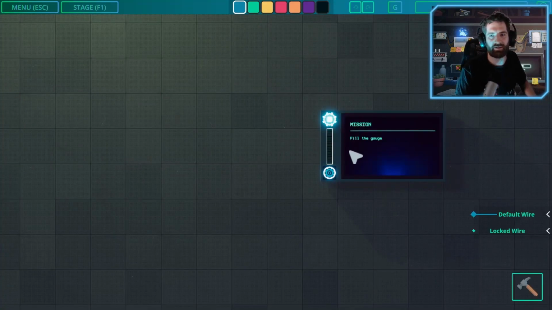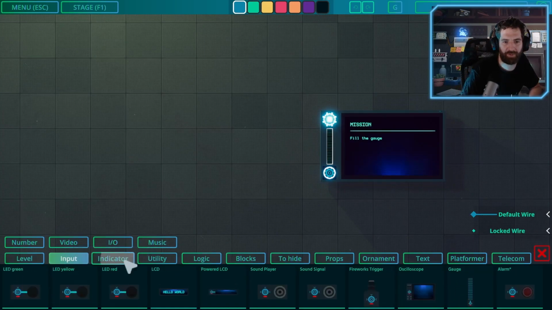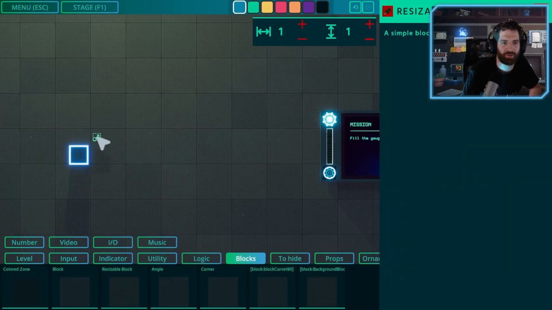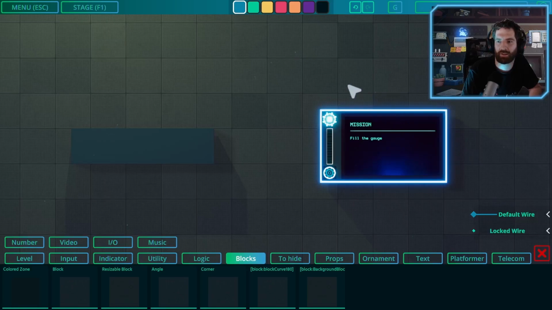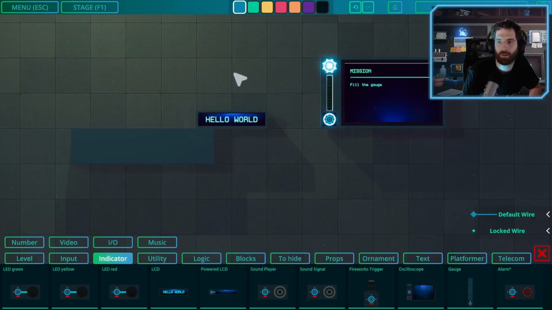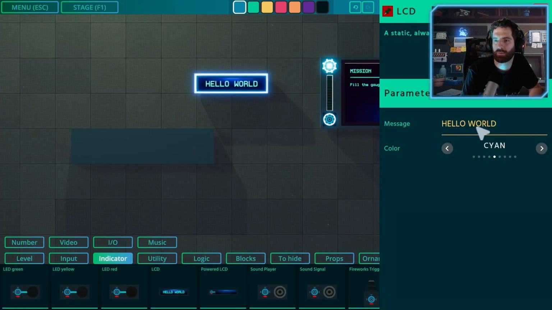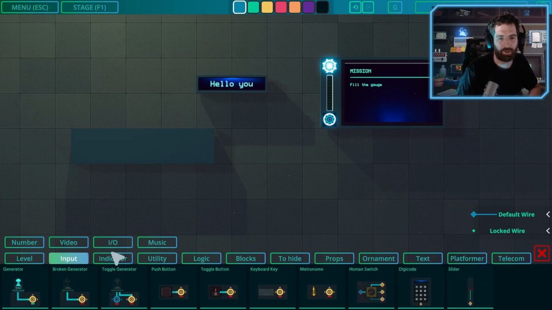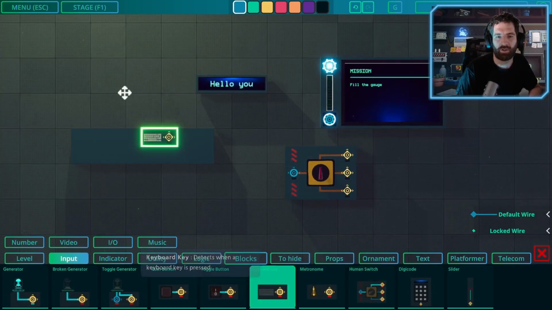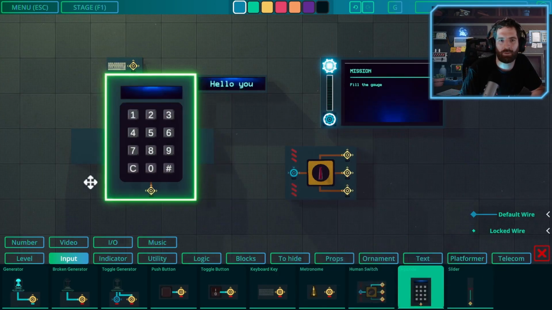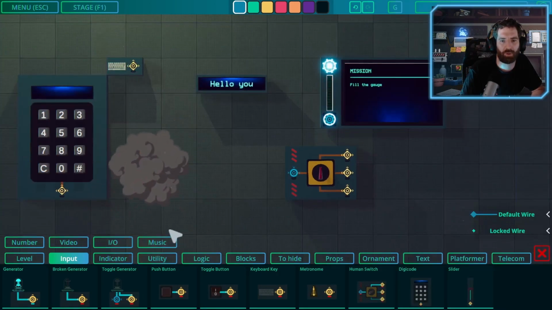I can show you the editor. So you have already a lot of blocks and some more are coming. So you can create everything you want. Some blocks can be resized and some blocks can be configured, like this one, for example. So I can change the message, and you have very different blocks, some inputs. For example, this one that detects a key press, so you can configure which key. You have some digicode block if you want.